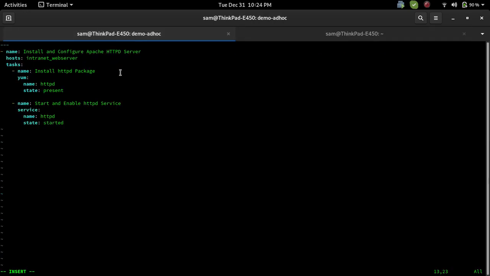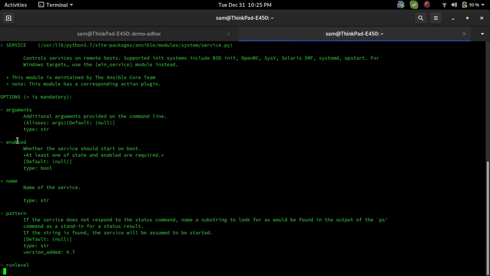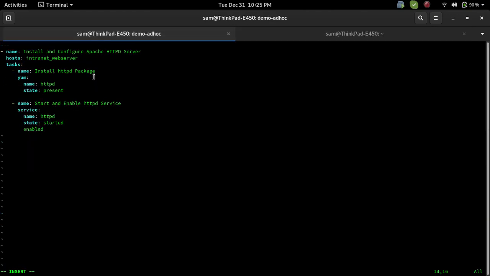I want my service to be started, and at boot time, if you remember, systemctl also has enabled or disabled at boot time. So here you can put that value by using enabled. It is going to tell your system true or yes. It means if your system is going to reboot, this service should be started, right? So we have created another task. First it will install the httpd, second it will start and enable the service. Okay, now the third one,